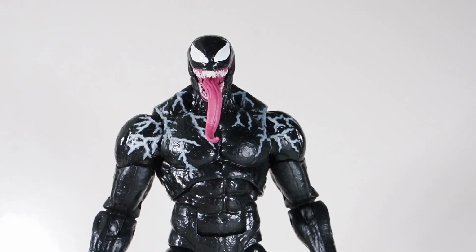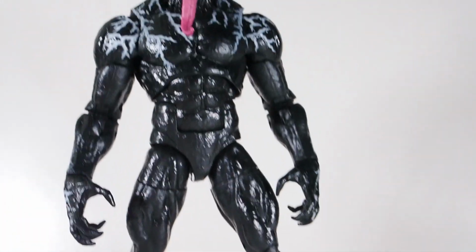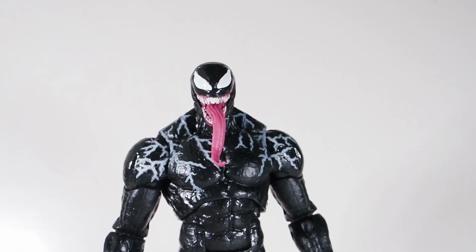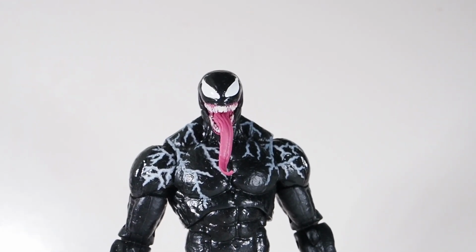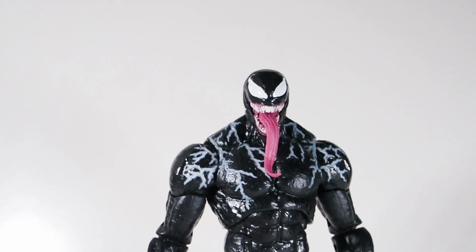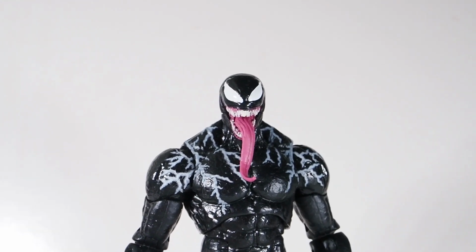And 8th on my list is Venom from the movie Venom. And this figure turned out great. Comes with 2 heads. One is this one with the tongue sticking out. One is a closed mouth version. I don't like that head that much, but articulation wise, this guy is amazing. The only articulation point that I wish they had